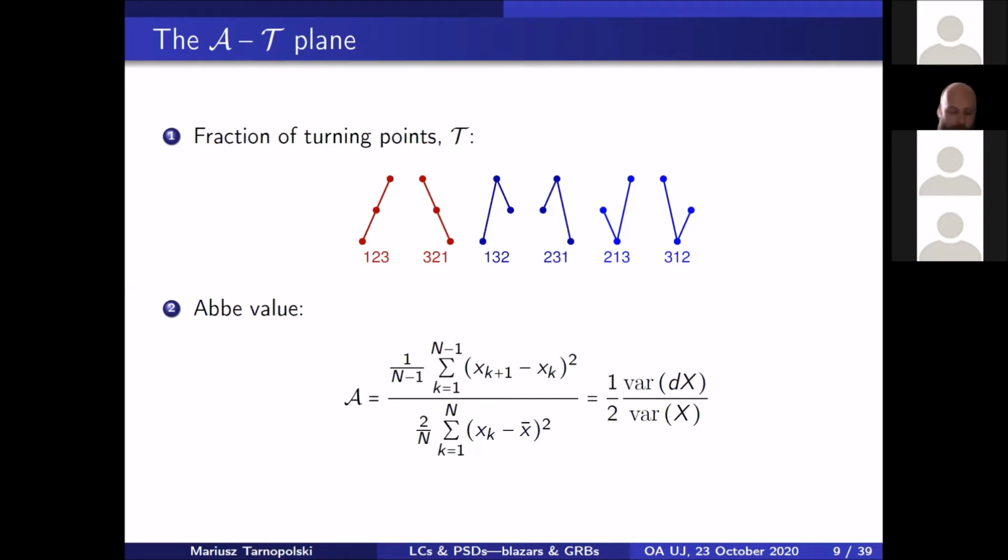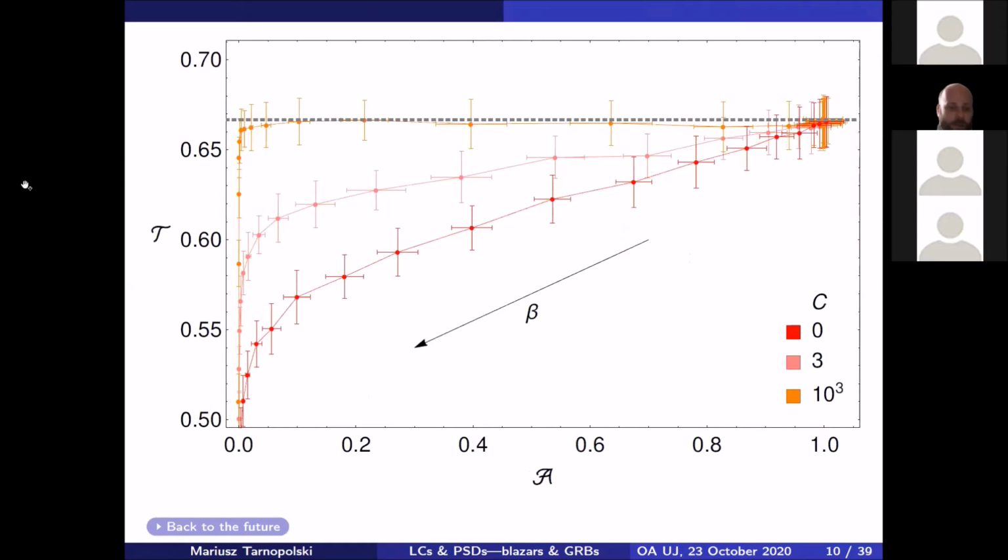And A is normalized so that it's equal to 1 for white noise and can range from 0 to 2. And again, A greater than 1 can be called more noisy than white noise, similarly to the T case, and A smaller than 1 is less noisy than white noise. And finally, both A and T attain small values for very smooth curves and high values for very rough or jagged ones. So to illustrate this,